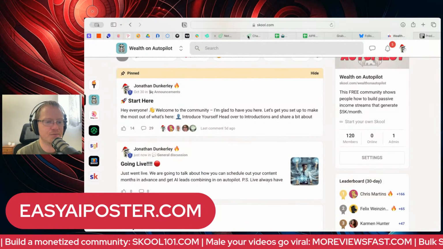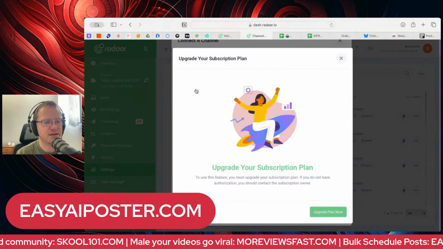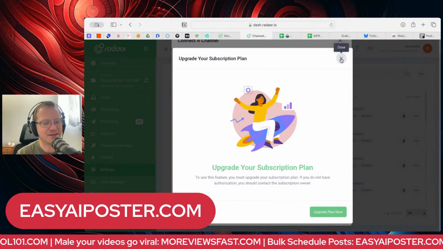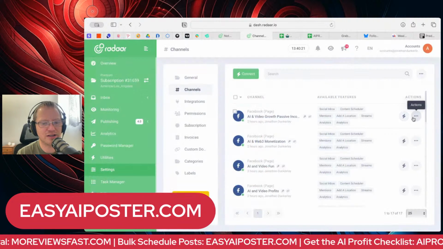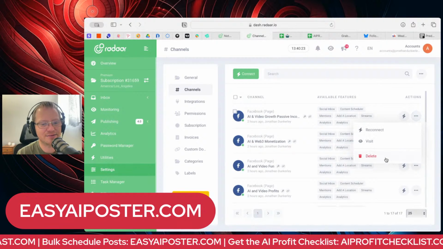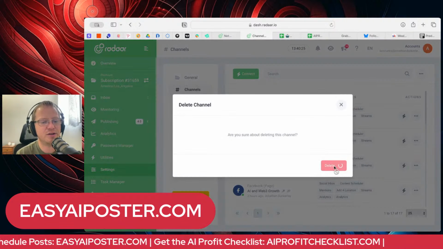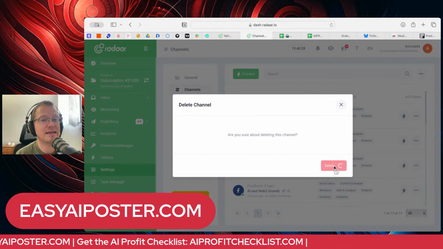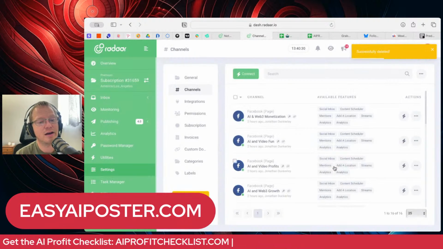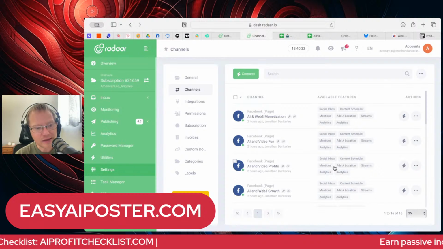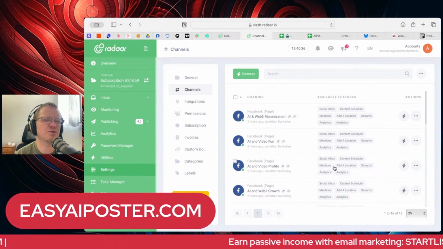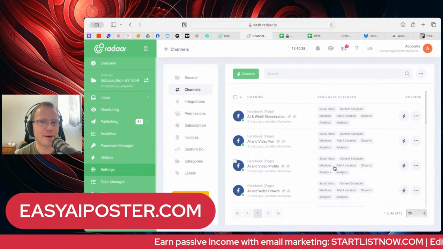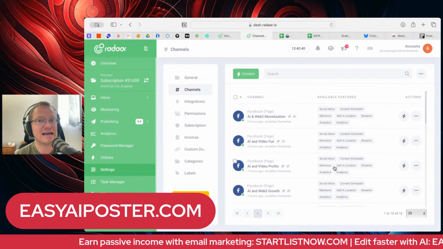Cool. So now you would be connecting. I have to remove one of these so you could see it, and I'll just re-add it, because the way it works with Radaar is it gives you a certain amount of accounts that you could add. And then once you cap out, you could add another one. I think it's like $295 or something additional account a month. And then you could post as many times with that account.